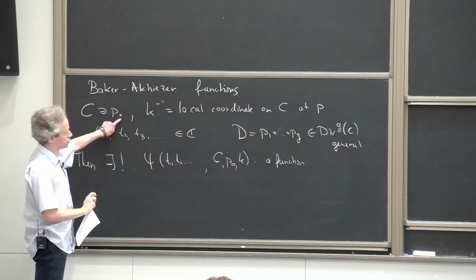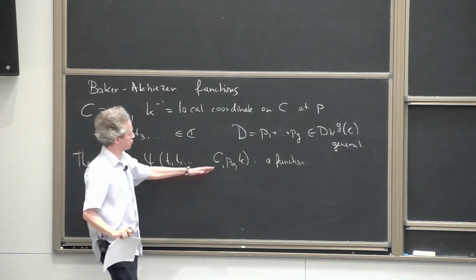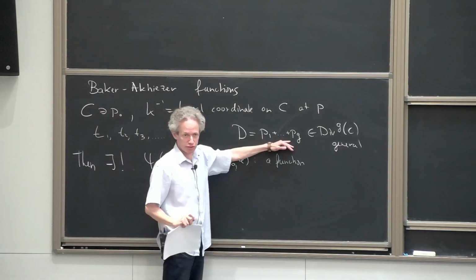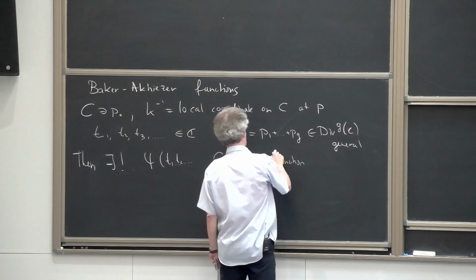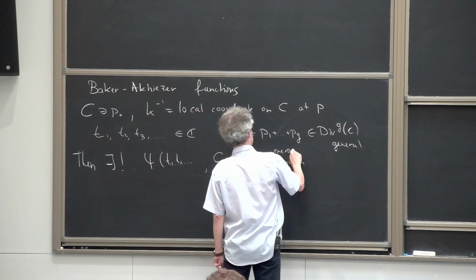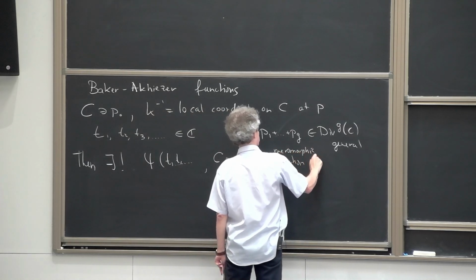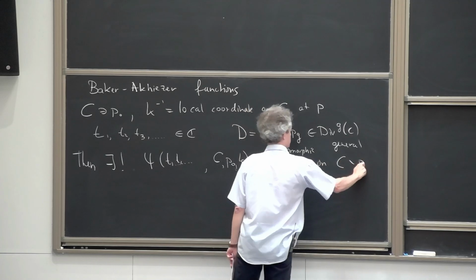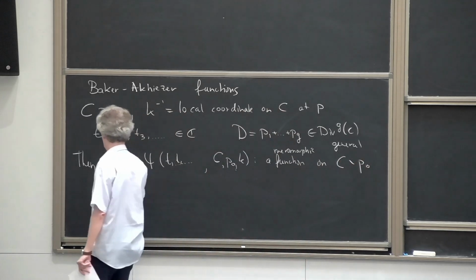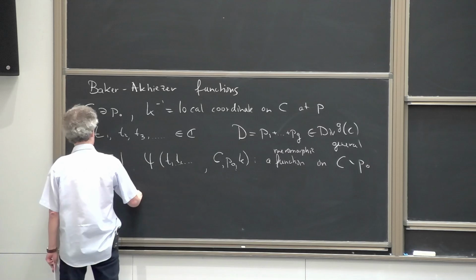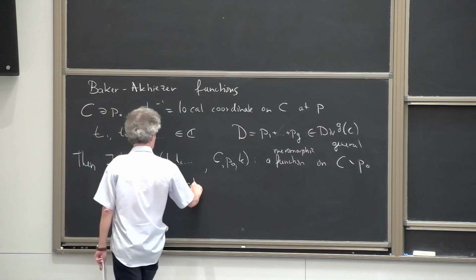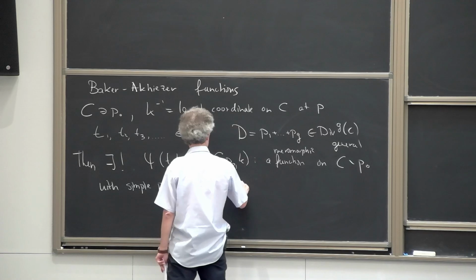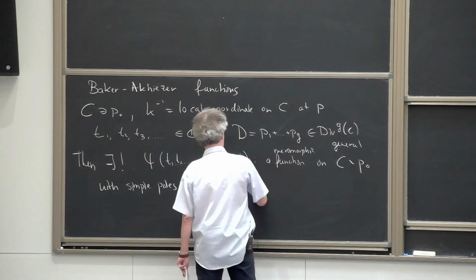So P node is this marked point, which sadly plays a very different role from P1, ..., Pg, but I'm suffering from lack of letters. So this is a meromorphic function on C minus P node with simple poles at P1, ..., Pg, holomorphic elsewhere,